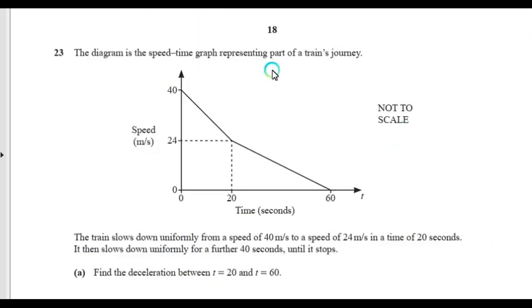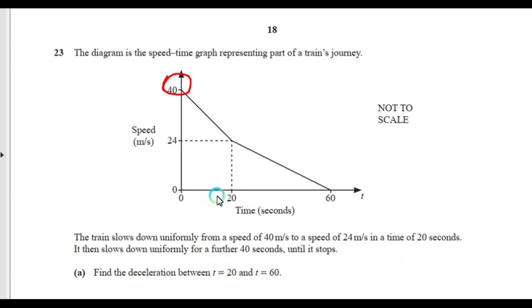Okay, so the next question is question number 23. The diagram is the speed-time graph representing part of a train's journey. The train slows down uniformly from a speed of 40 meters per second. So this is actually a speed-time graph given, right? Initially the speed was 40, and it slows down to 24,